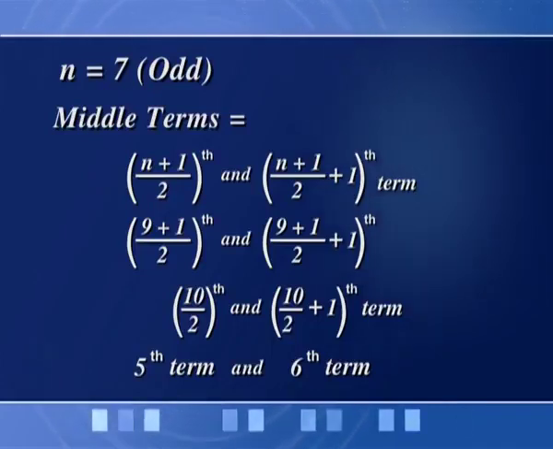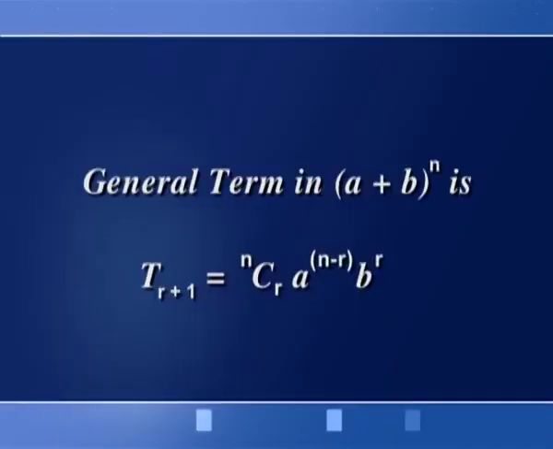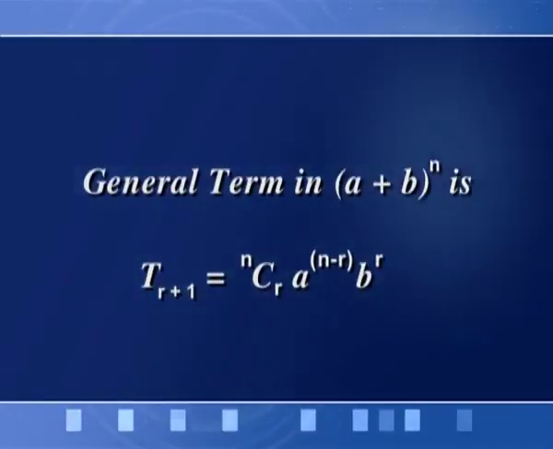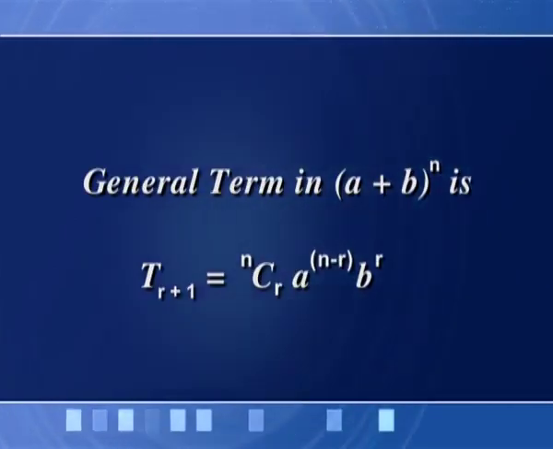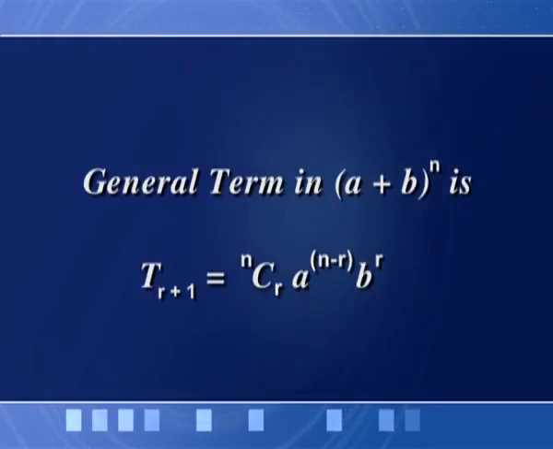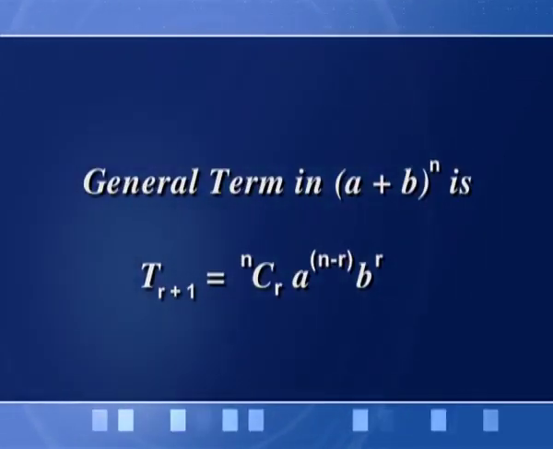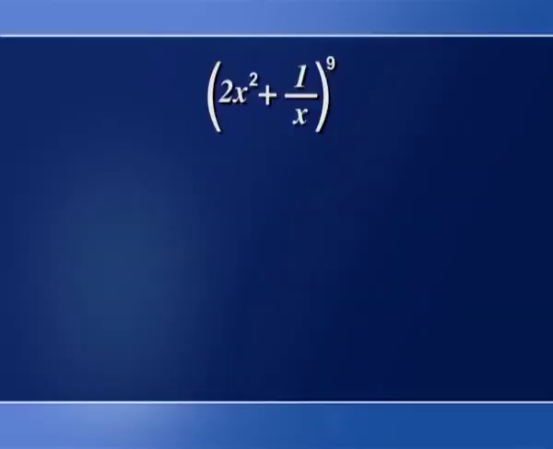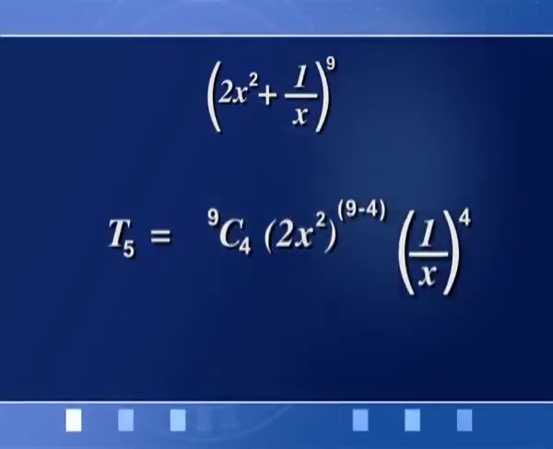Now again, recall the formula of general term. The general term in the expansion of (a plus b) raised to the power n is given by nCr, a raised to the power n minus r, b raised to the power r. Using this formula, we have to find the fifth term and the sixth term. So let's put r equal to 4 in the formula of general term for finding the fifth term. Putting r equal to 4, we will get the value T5 equal to